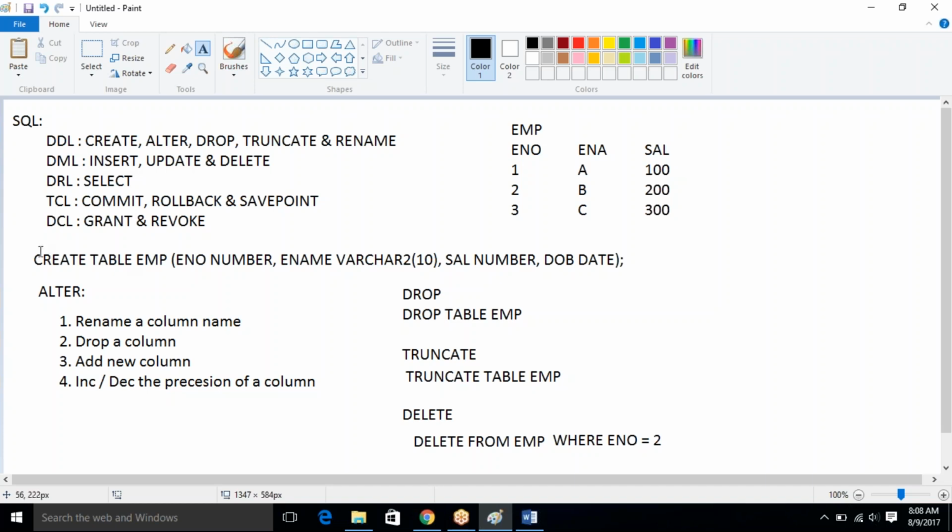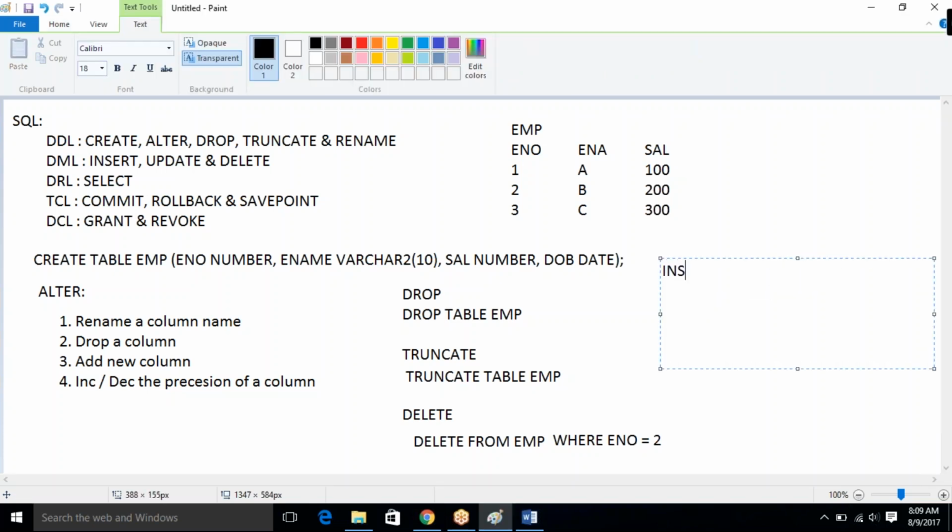After creating a table, that means after executing this command, the table will be created. After the table is created, if you want to insert data into a table, how are you going to insert? You have to write an insert query like this: insert into table name employee values. Within open and close brackets, you have to write the values. Employee number 1, employee name within single quotes, like this: Ali. Okay, and then salary